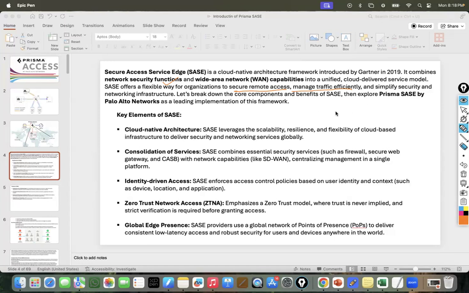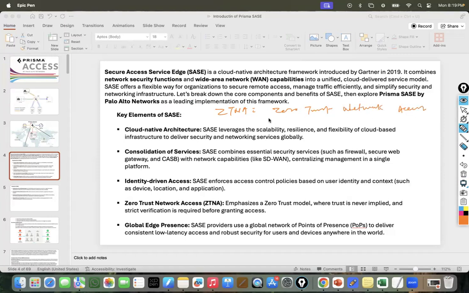What are the key components we have, and what are the different things we have to understand about Prisma Access SASE? SASE is a single word, but it combines multiple components. So what are the multiple components in SASE? Basically, SASE works on the ZTNA principle. This is the first thing. ZTNA. What is ZTNA? This is known as Zero Trust